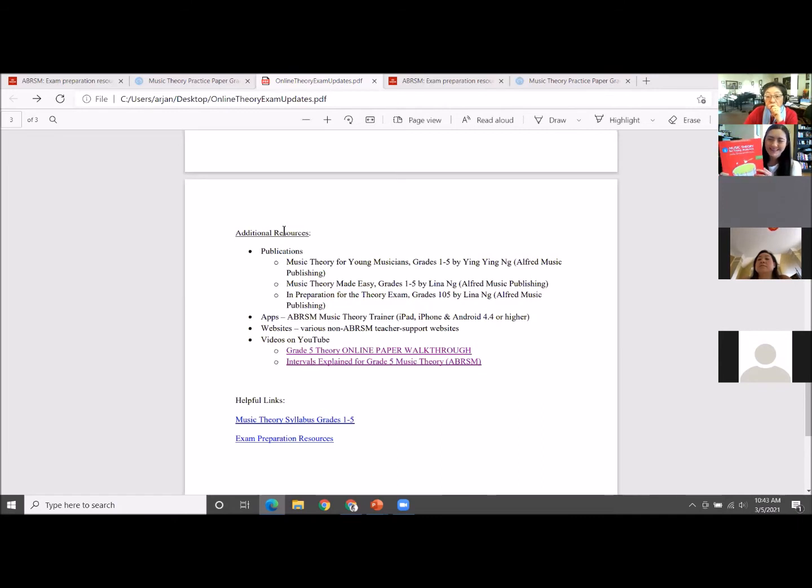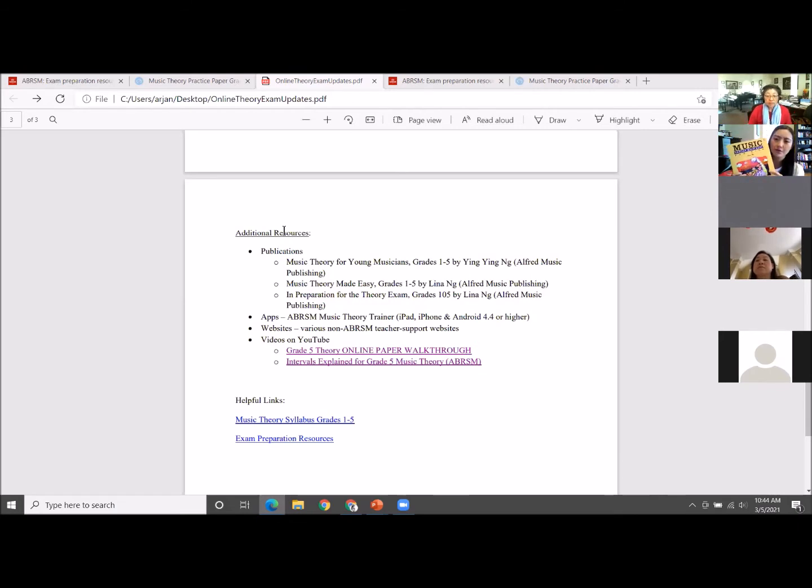I would say, honestly, that for a long time, I would have considered this to be much more student-friendly just because of the colorful publishing and so on. But since the ABRSM update, I think they're very much comparable now because the new ABRSM books are also just as user-friendly. So in that sense, they're both very good resources to have. Another one is called Music Theory Made Easy.